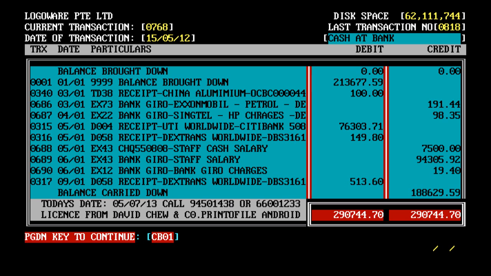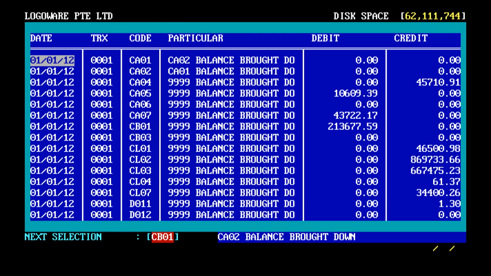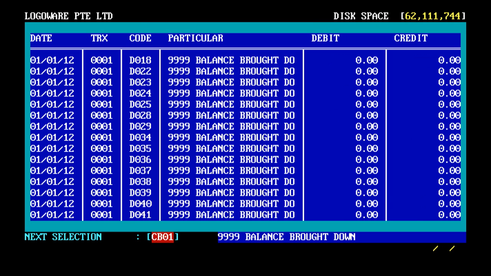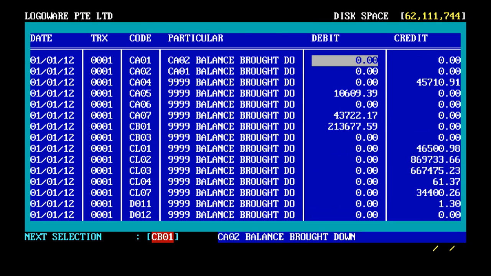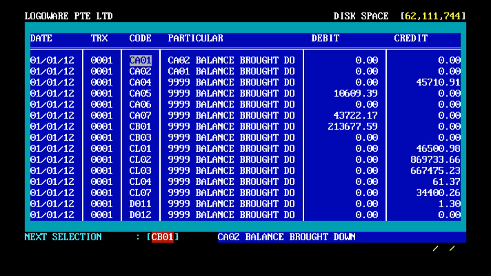Fine? So what else should I teach you? This is the basic of glpack. If you go to F4, you see a full list of all the transactions that have been entered. But one thing interesting about it is that you can press F6. Press F6, you can find anything. Let's say you want to find medical. You type it, enter, press 7,